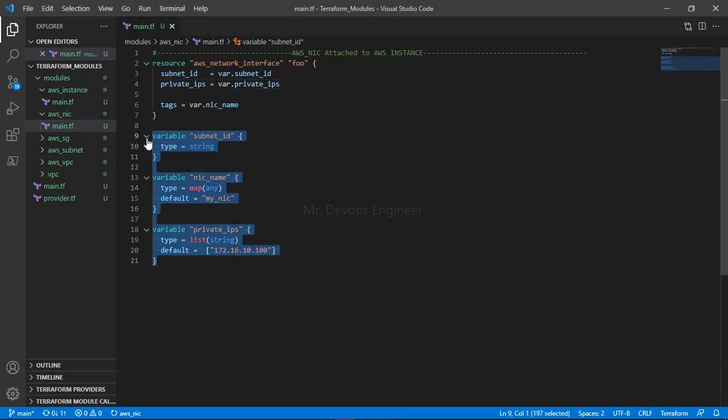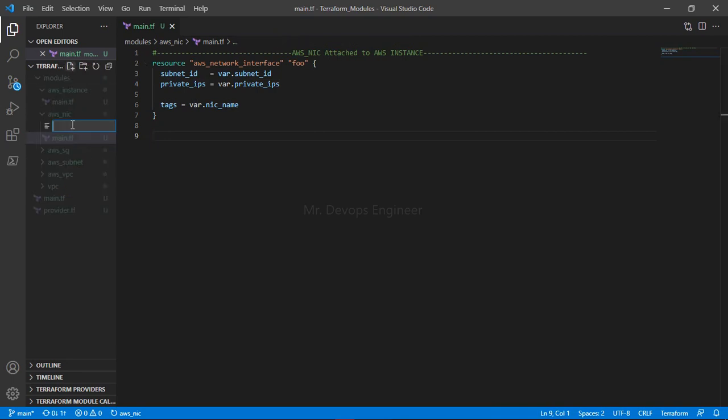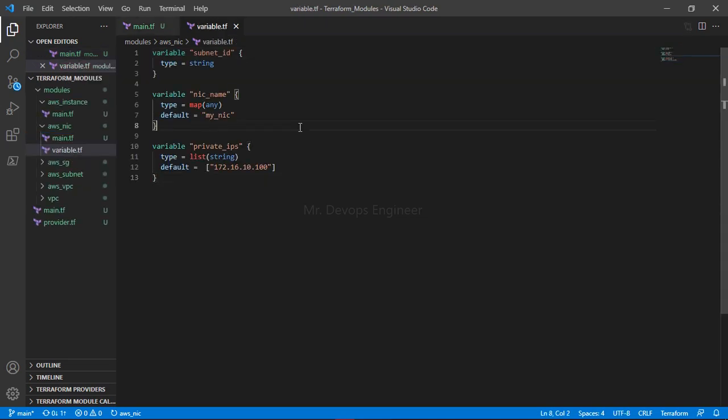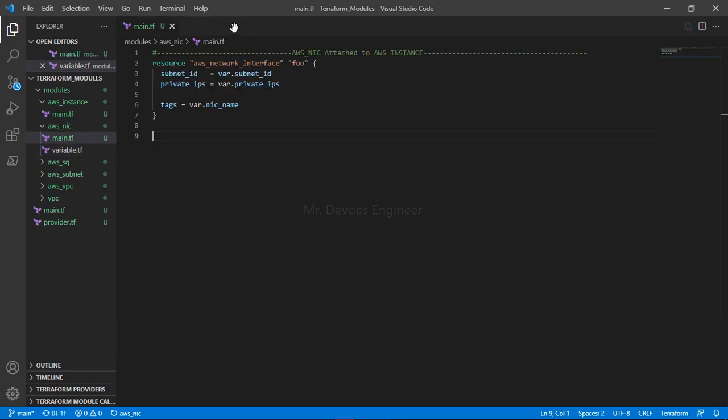So once this is done, let's just go ahead and create a variable.tf here and pass all the variables, correct? So this section is also done, right?